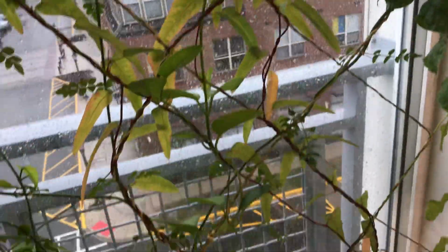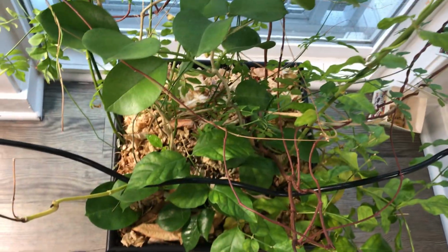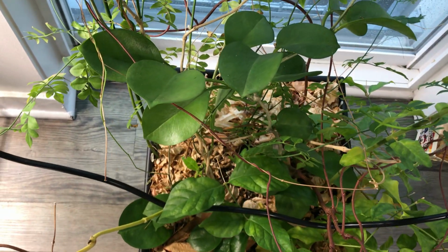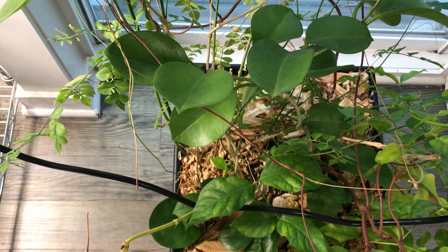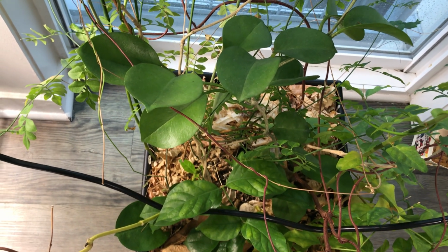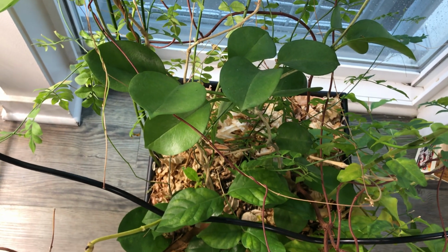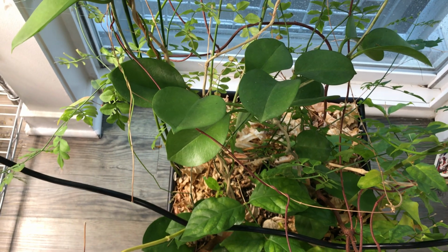Okay, so that's all the jasmines, and let me go back to the base and see what I should talk about next. Okay, the big leaf that's catching your eye, this big light green leaf, that's a Hoya australis. This is the first Hoya I've grown because I've always been really impatient. I don't know if I can make my Hoya flower, but this time I really wanted to